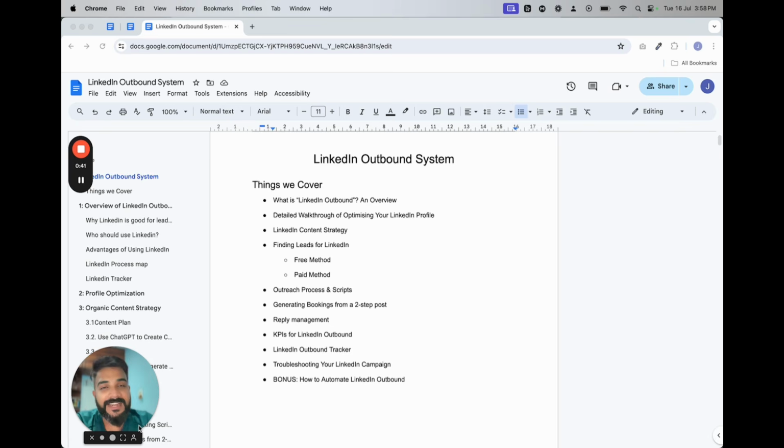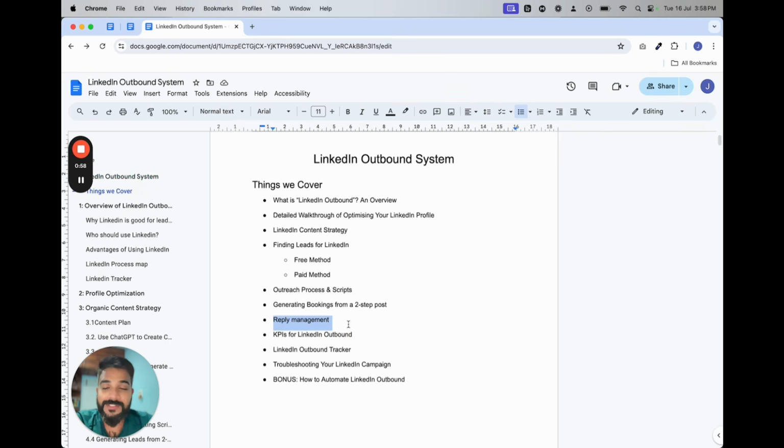I'll give you my exact outreach scripts that I have been using to generate a lot of bookings, and something we have developed called two-step posting to generate a massive number of leads, and I'll give you the exact steps for that.